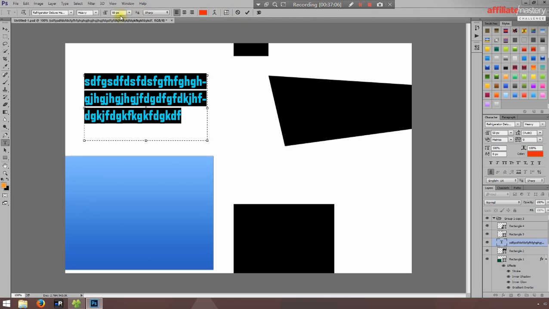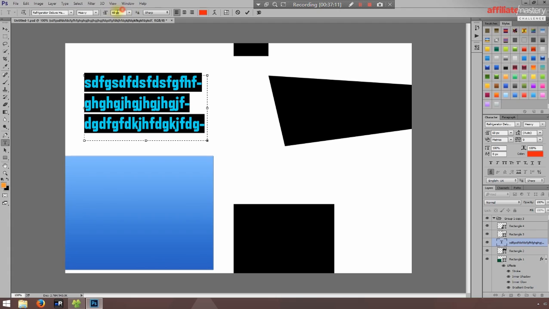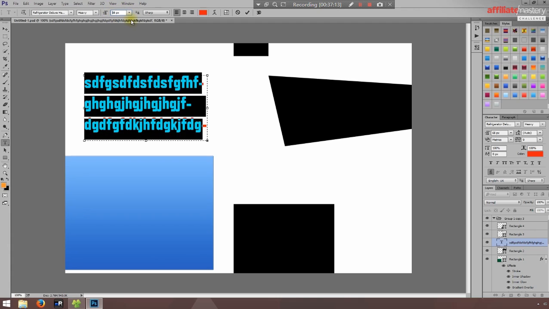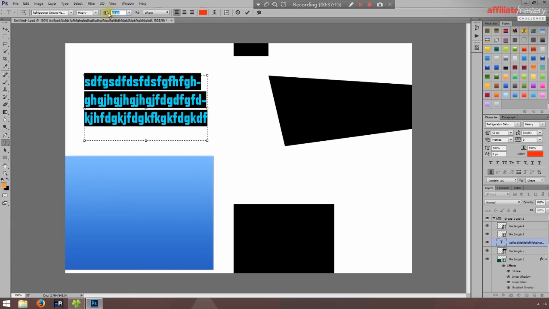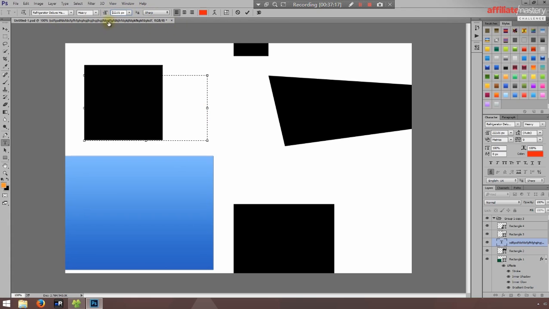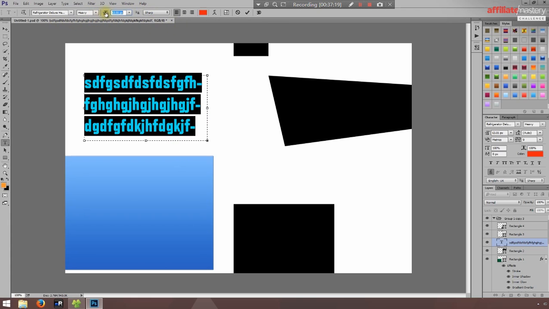Okay, here is the font size. Like usual, you can either change it in a menu, or you can change it by writing it in directly, or you can hold the up and down arrow keys, or you can click and drag here to change it on the fly by dragging. Now here, this is